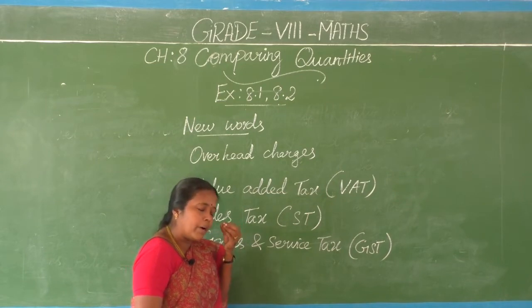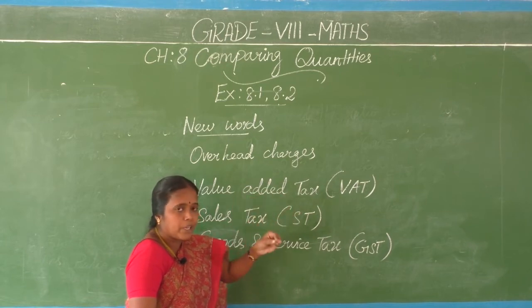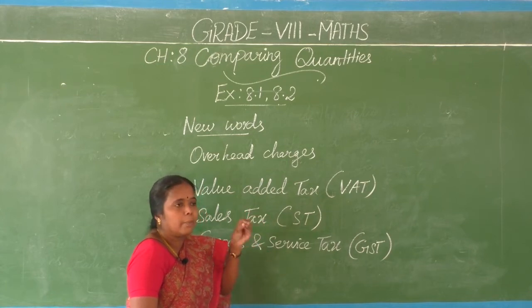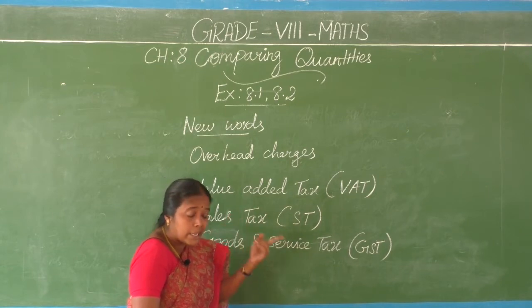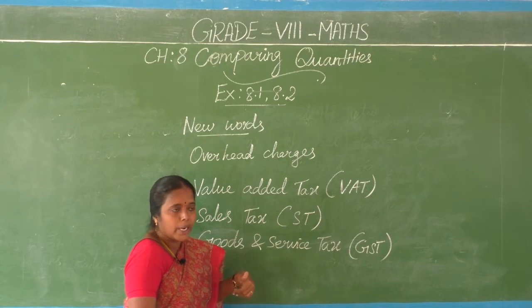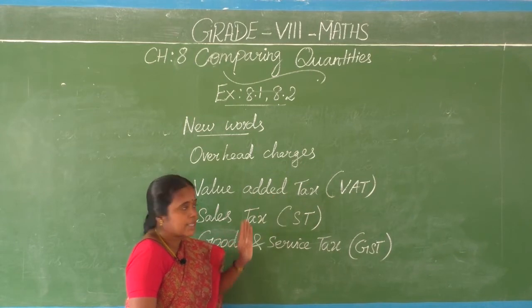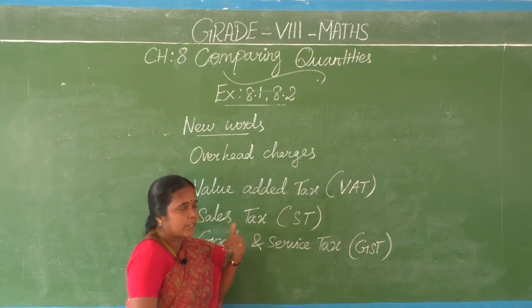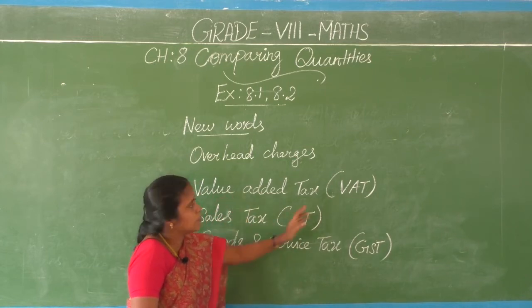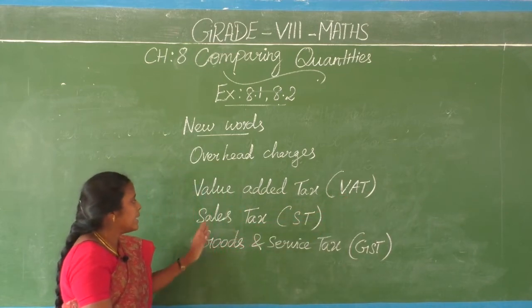Not only for one object, for each and every object they will put some amount. The shopkeeper will collect that value according to the listed price, based on some percentage, and extra value is collected from the customer and handed over to the government. That is called value added tax. This value will come with our sales price, that means the purchase cost price only. Simply, that is the VAT amount. Next thing, sales tax.